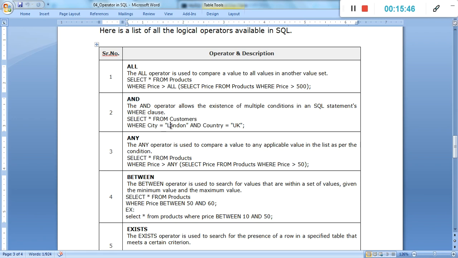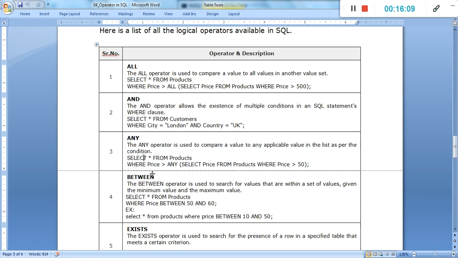Then and, that is simply where city is London and country is UK. Then in an existing table it shows the records whose customer city is London and country is UK. Then it gives only that type of record.